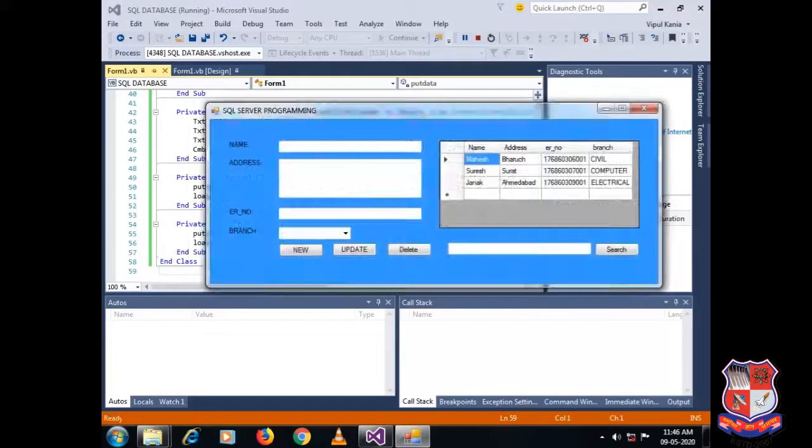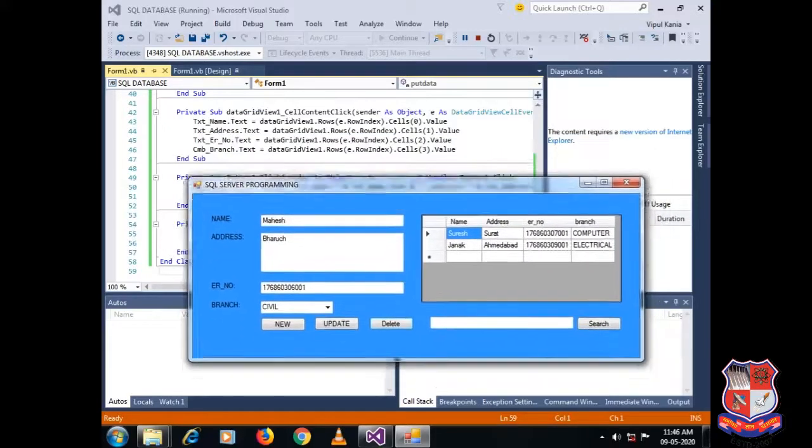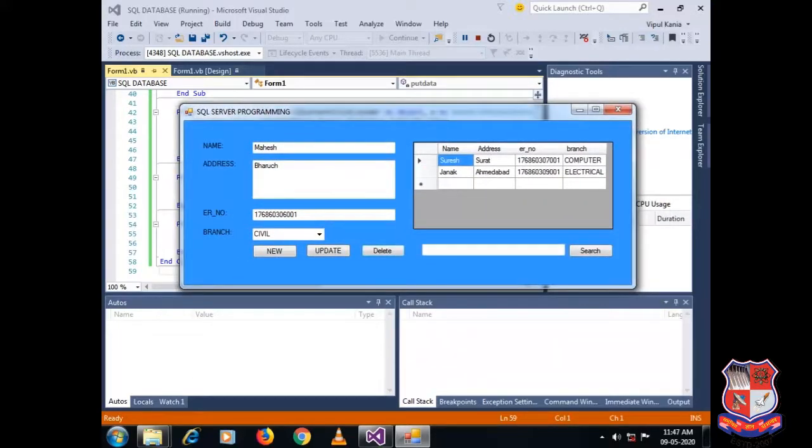Okay, let's try to remove this record, Janak, or it's Mahesh. Okay, let's remove this Mahesh. As you can see, Mahesh has been removed, but the text boxes are not cleared. So for that, you can write down the clear logic for the clearing of these controls, right?